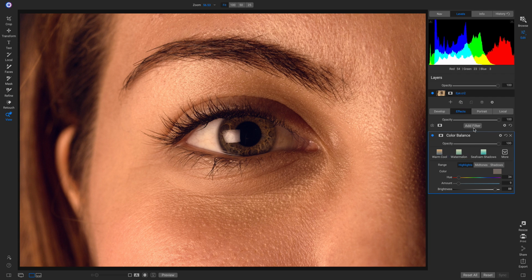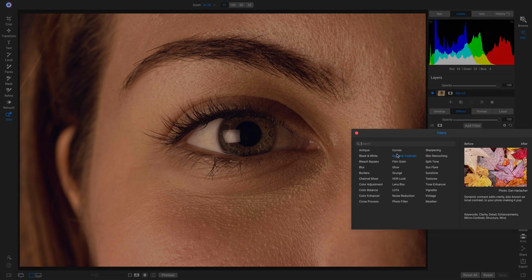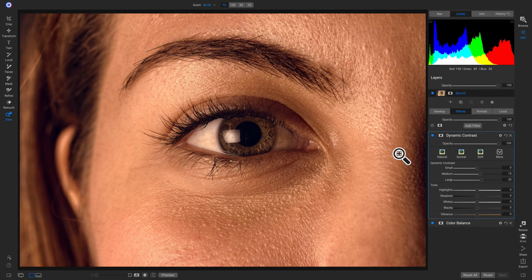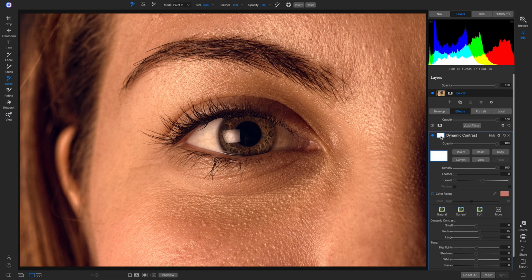So let's add one last filter here, and I'm going to add dynamic contrast. But since there's a lot of skin on this photo, I don't want it to apply to the entire image. So to quickly mask this in, I'm just going to head over to my dynamic contrast filter, and in my masking options here, since white reveals and black conceals in masking, I'm going to invert this mask to black. And now with my masking brush selected, I'll lower the brush size with my bracket keys on my keyboard, and then I'll just brush around